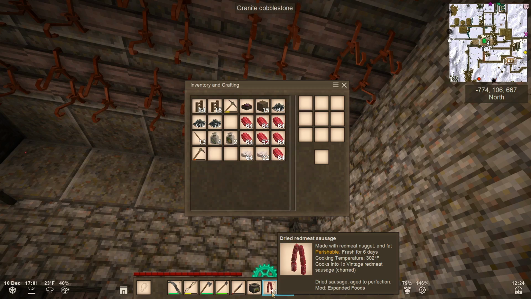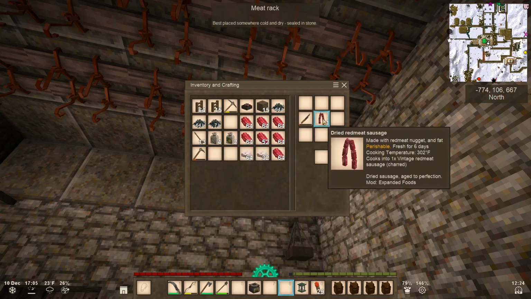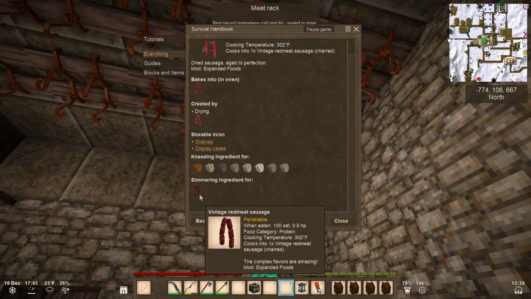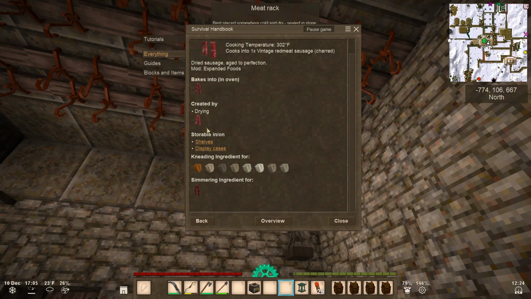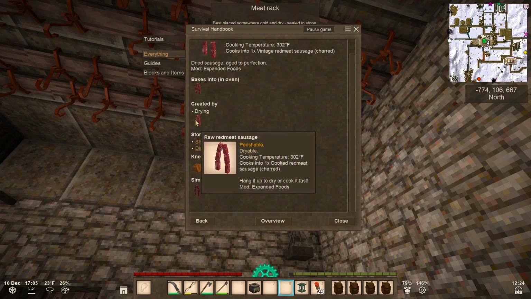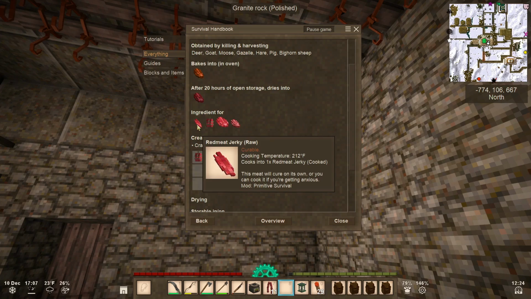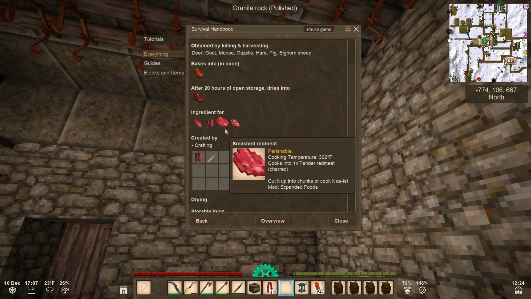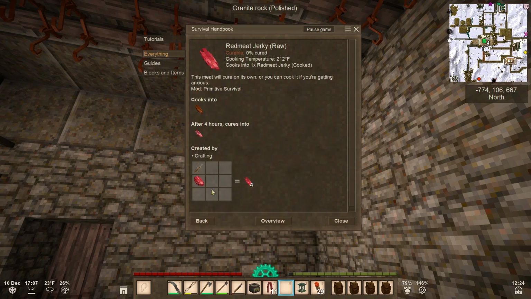Let's see, I think we need to chop these up. Dried sausage. Is that what we do? Simmer ingredient. Oh, maybe we cook it. Okay. Bakes in the oven. Huh. My first time making sausage, obviously. Now, my question is, wait a sec, could I maybe mix in some veg or some meat? Or, I mean, fruit with the sausage? See what's... Okay, so we turn it into